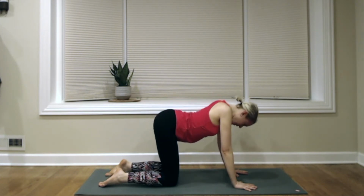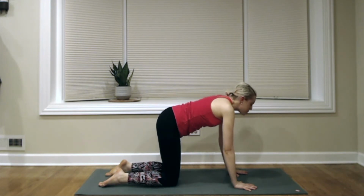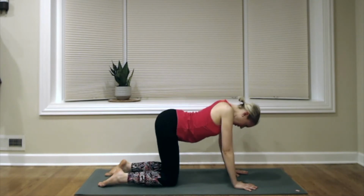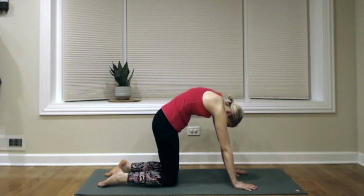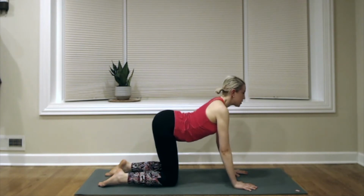Soften belly down, inhale, shine your heart like a light. And then cat pose, exhale. Soften belly down, inhale, look up. Cat pose here, exhale. And this time, we'll come back through to cow, soften belly button down, look up, inhale,